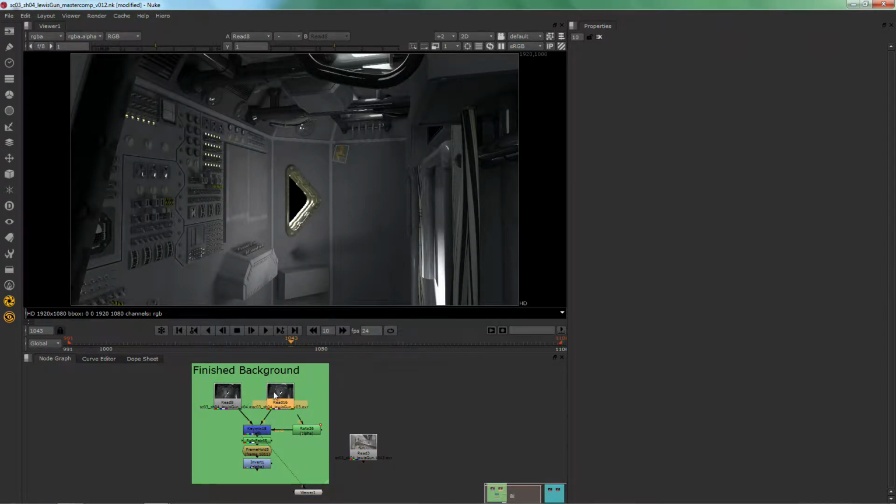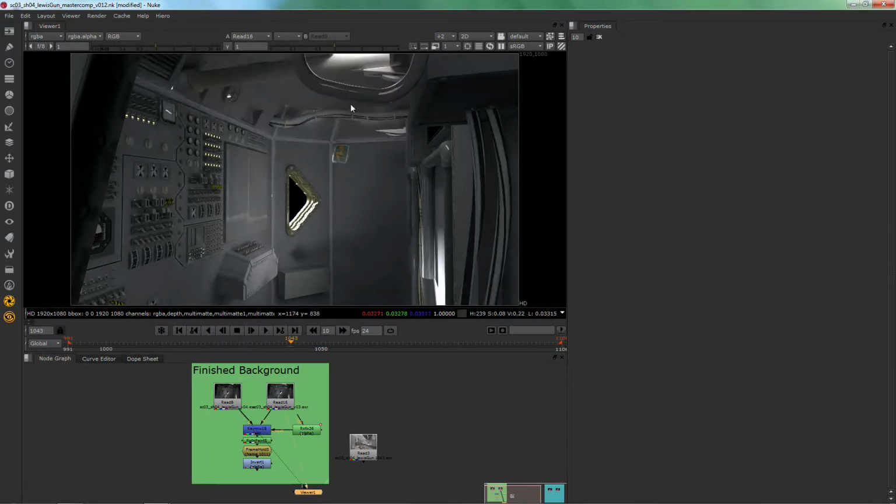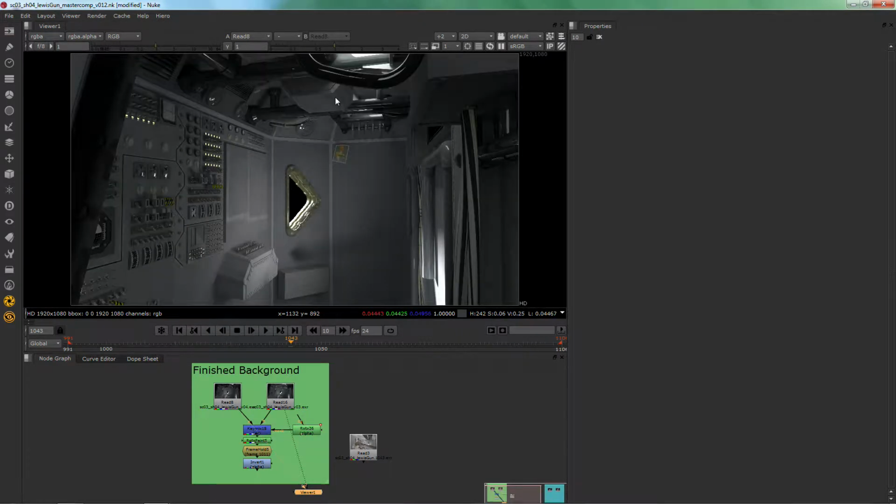So here we have two versions of our background. We have a version 3 and a version 4. So this is a newer render. And you can see the main difference is that there was some additional detail added up in the roof area. The problem is that it